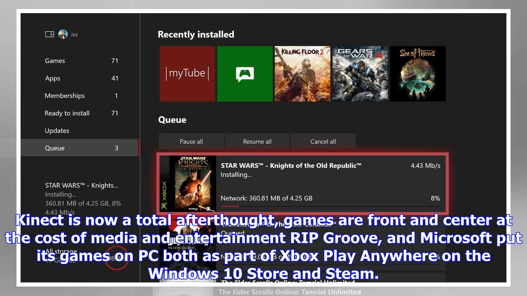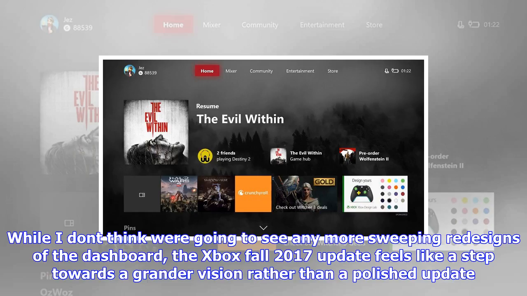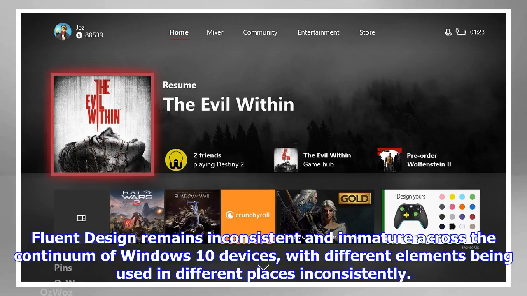Conclusion. A step sideways. The Xbox One you have today is very different from the original vision set out by former Xbox head Don Mattrick in 2013. Kinect is now a total afterthought. Games are front and center at the cost of media and entertainment. Groove has been ripped out, and Microsoft put its games on PC both as part of Xbox Play Anywhere on the Windows 10 Store and Steam. I just hope Microsoft focuses on polishing the features and services it already has, rather than scrapping